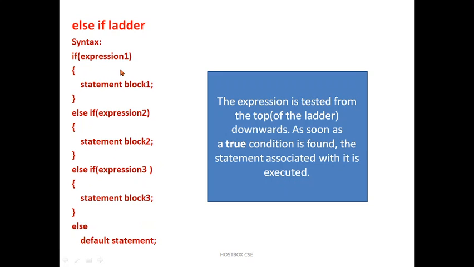So first, the if checks the condition. If the condition is true, it will execute and stop the program. If the condition is false, it goes and checks the next else if statement. Again, if its condition is true it will stop, otherwise it continues. At last, if none of these parts are true, it goes to the else default statement, and the program prints the default statement.